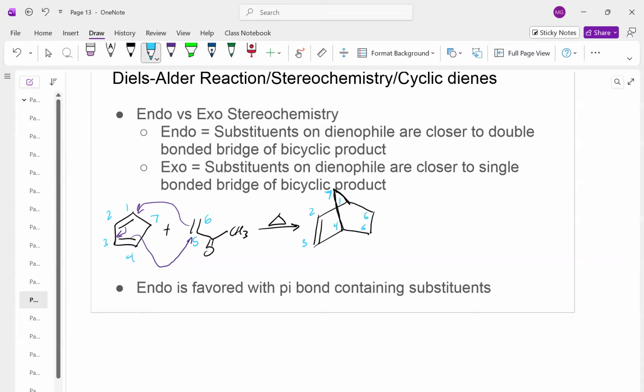So when the conjugated diene is part of a ring, you're going to get these bridges. It forms what's called a bicyclic product. Now let's draw what will happen with the dienophile, because I got a substituent on number 5. Either that carbonyl can be going this way, and they call this the endo product,